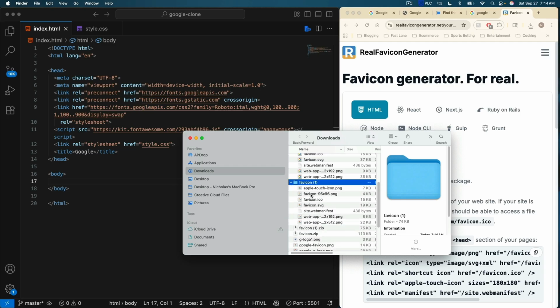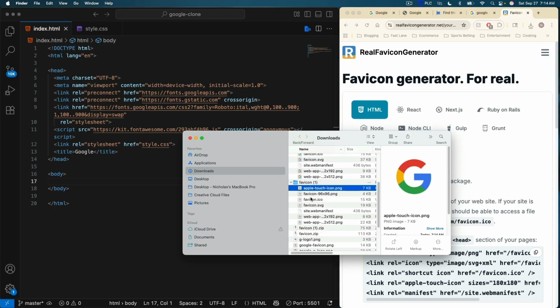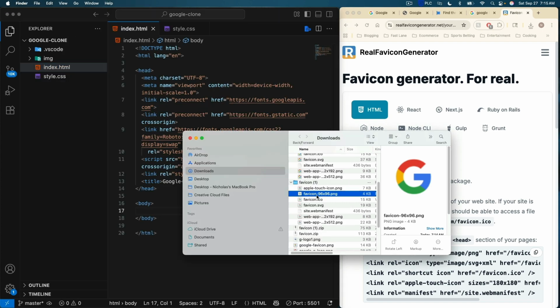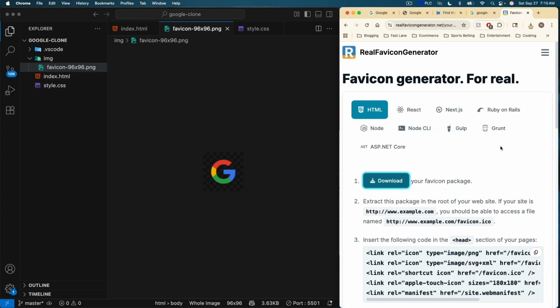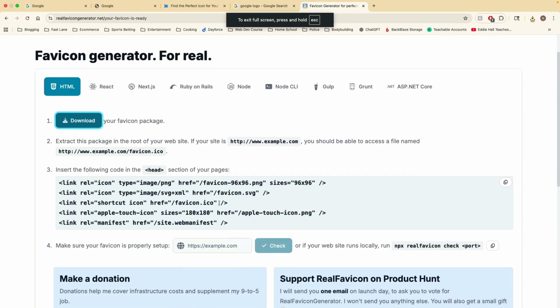It gives you one for Apple Touch, ICO, SVG, all these different favicons or little icons. The only one that we're concerned with is favicon-96x96. So I'm going to grab that and drag that over to my images folder, okay? And then I'm also going to get this little snippet of code that we're going to put up in the head of our document, and it's this one right here,